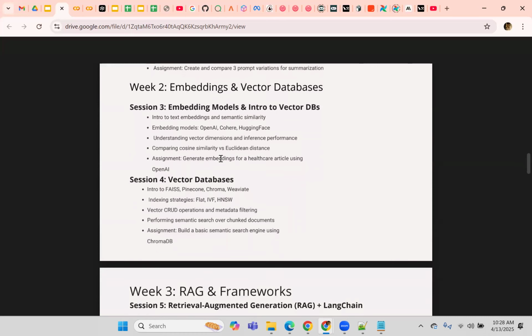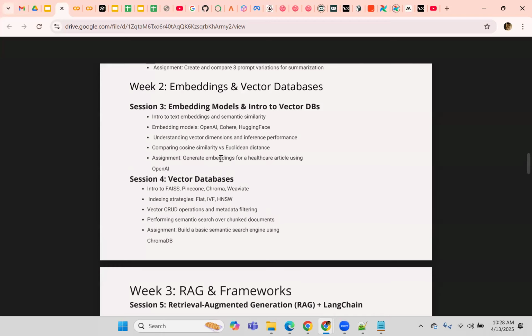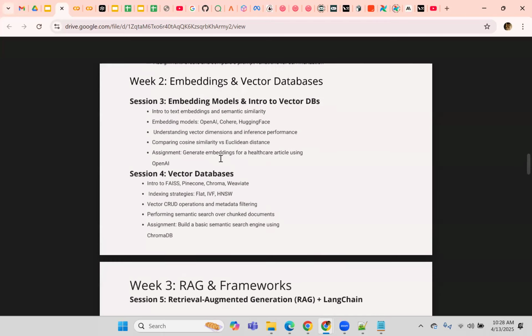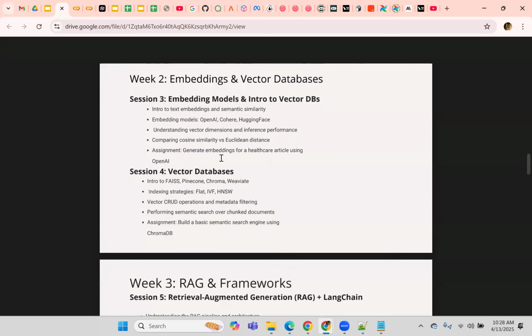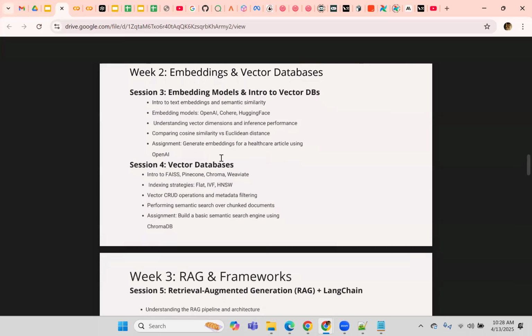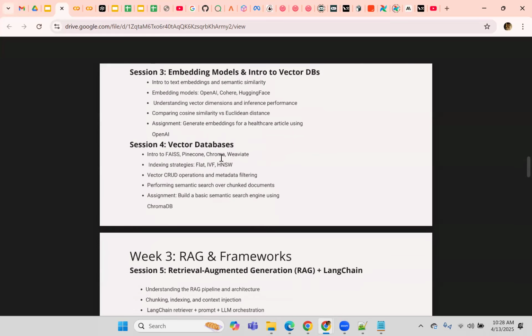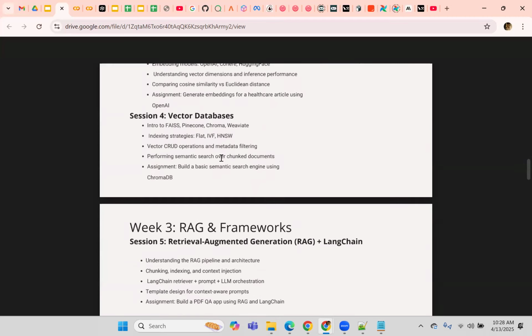Next, we'll get into something called embeddings and vector databases, which is very specific to ML and AI. So what is an embedding? How do you generate embeddings? How are they used? What are the models that we can use to generate embeddings from text? So that's the first part, generating embeddings from your text or from your data. And then once you generate the embeddings, you store them in a special database called a vector database,